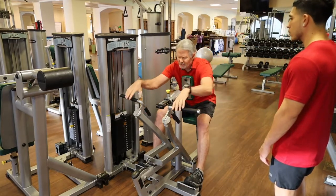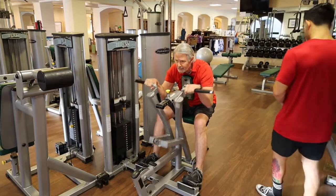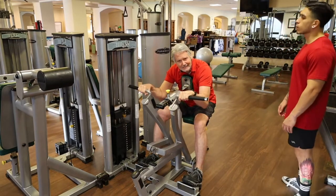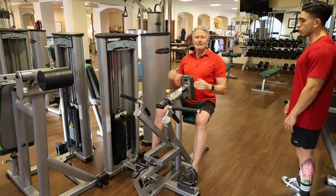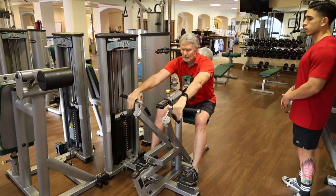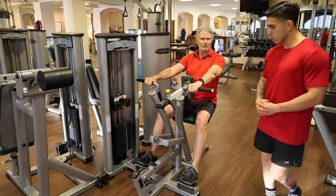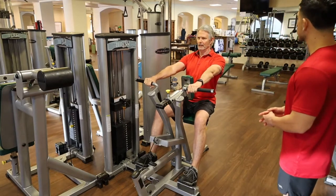What you don't want to do is just kind of hunch over this pad. You know, when you see people rolling like this, it looks goofy. Now, come on, folks. Support your core. You want about maybe a 5-degree layback. Get your body set. My feet are set on these. You have even a place for my feet. And then when I pull in